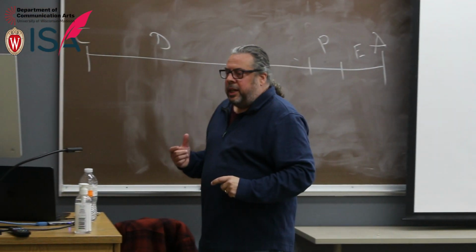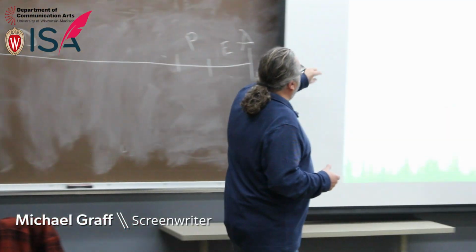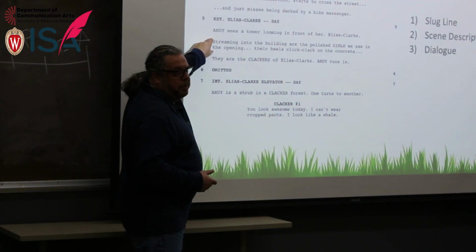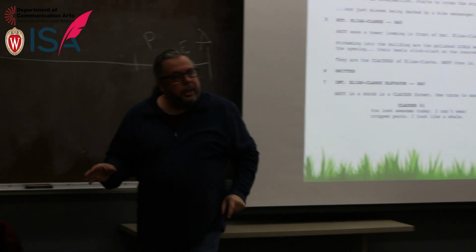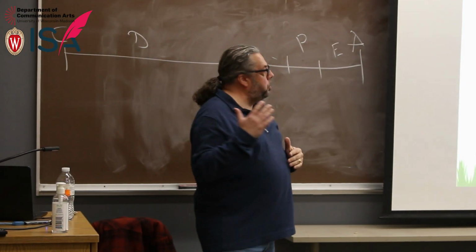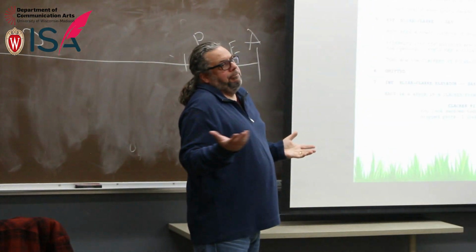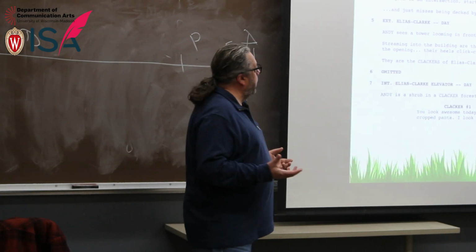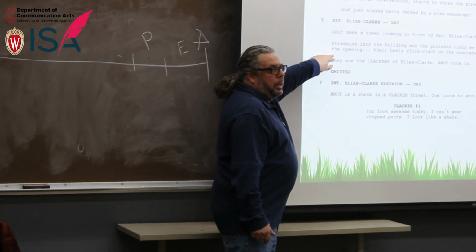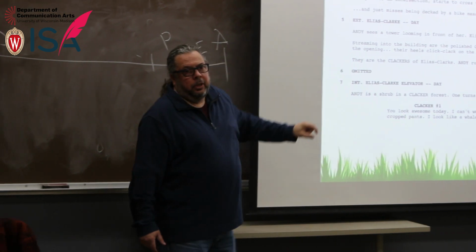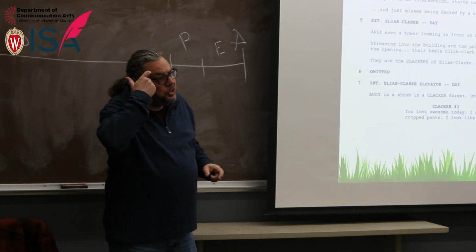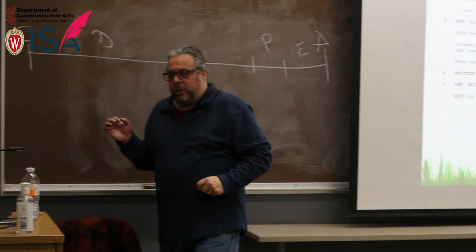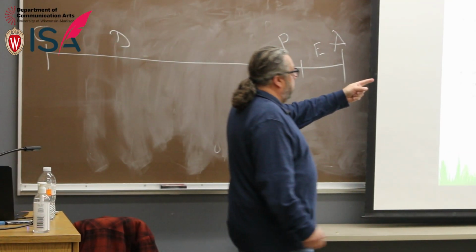The scene description should be no more than 3 lines per block of copy. Older screenplays got away with a lot more description, but for the last 10, 12 years or so, the industry doesn't like any more than 3 lines of scene description. You'll see big blocks of description. Occasionally you can get away with 4 or 5 lines, but the scene description, it should do exactly what the